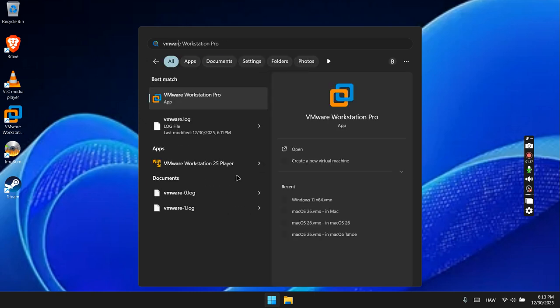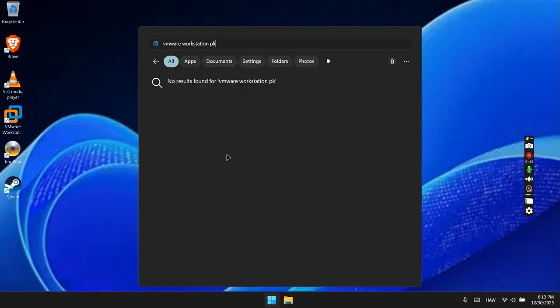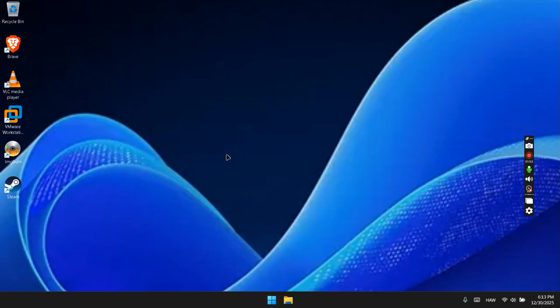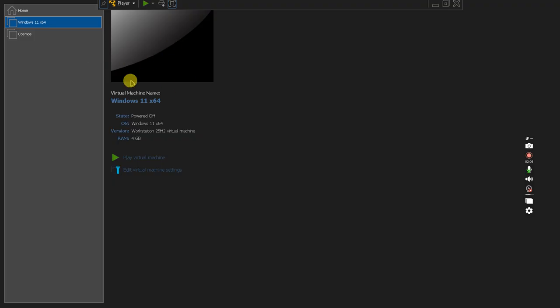So go into VMware Workstation Player, which is 25 player. Open it. Might be different. It might just be called VMware Workstation Player. And you will see your VM. So click on Play Virtual Machine, and now